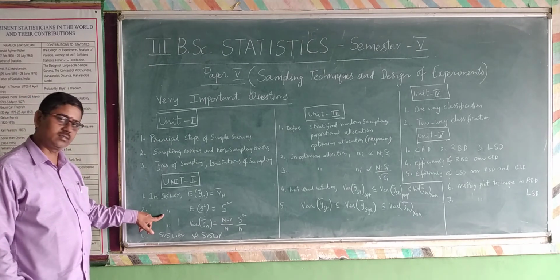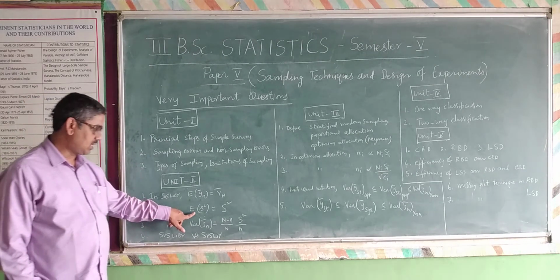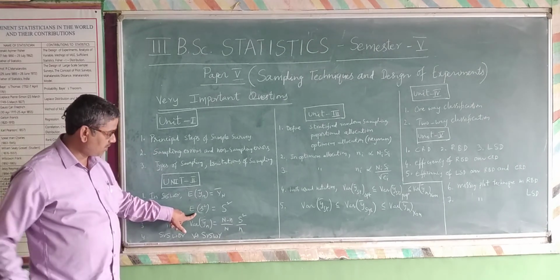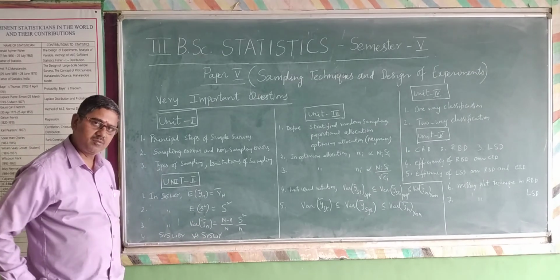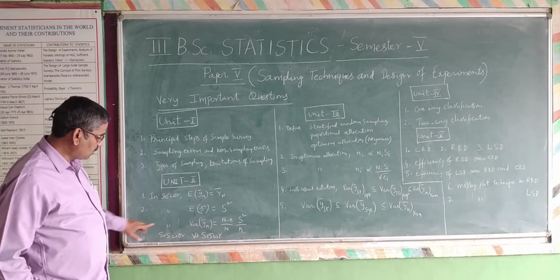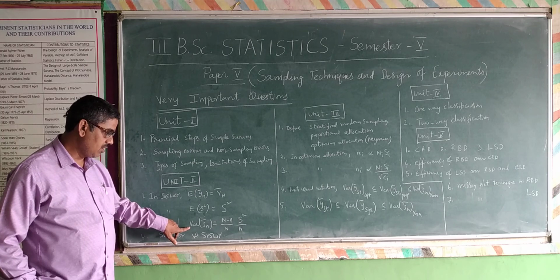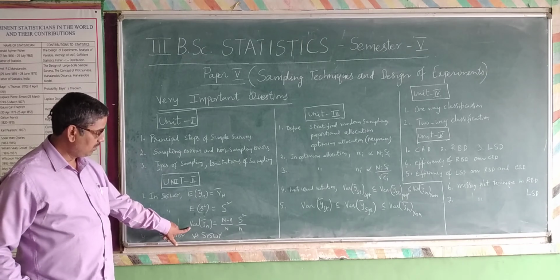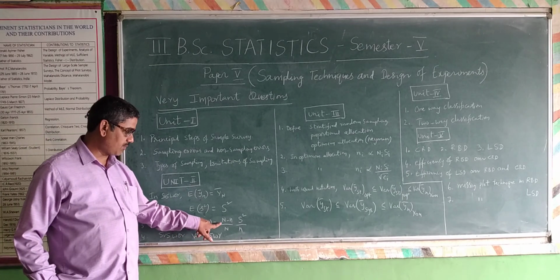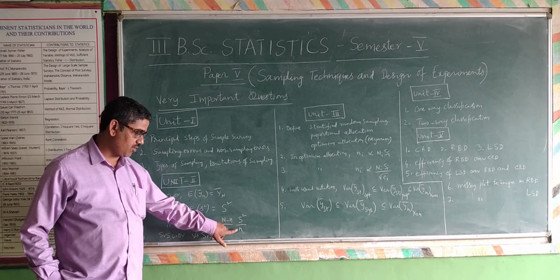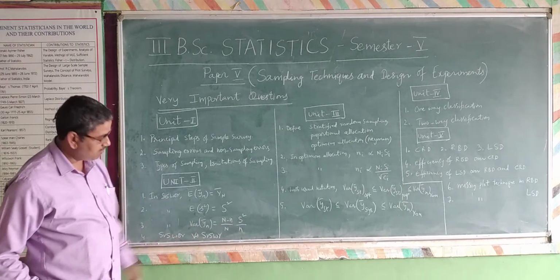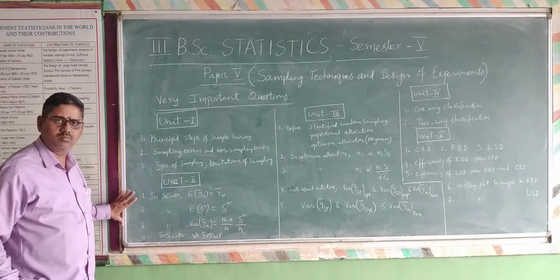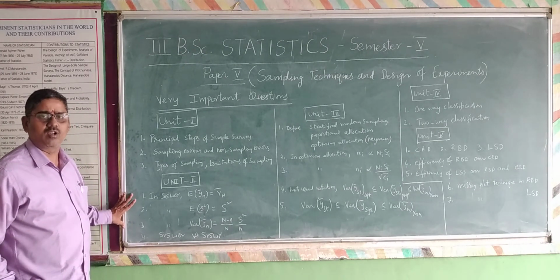Similarly, second one, in SRSWR, prove that sample mean square is an unbiased estimator of population mean square, that is expectation of small s square is equal to capital S square. Similarly, the third, in SRSWR, variance of y bar n, variance of sample mean: prove that variance of sample mean is capital N minus small n divided by capital N into S square by small n. This is another important theorem. If you read these 3 theorems, you will definitely get one question.